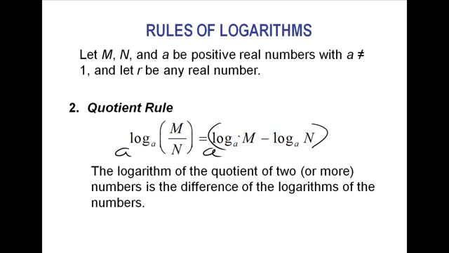Now over here, this goes back to the rules of exponents, that if we have x to the 5 minus 3, let's say, didn't that happen because we had x to the 5th divided by x cubed, right? That's where that rule of exponents comes from. And so if we have a raised to these two things separated by a minus sign, two different numbers, they're just numbers, we just don't know what they are, then it ends up being